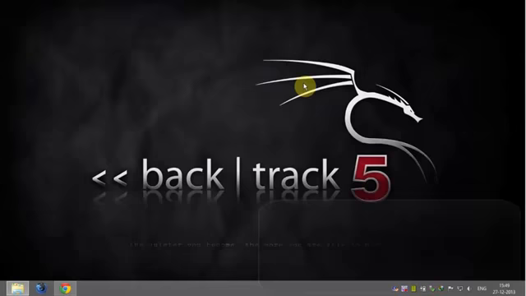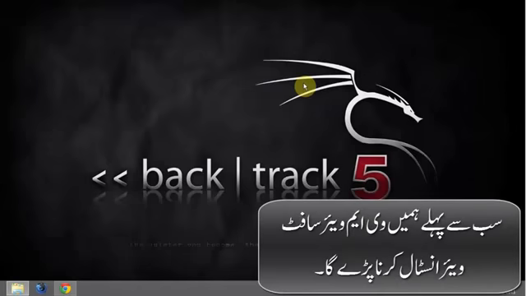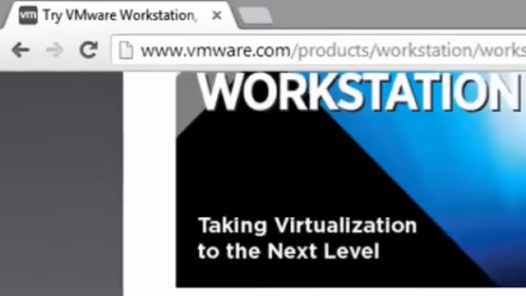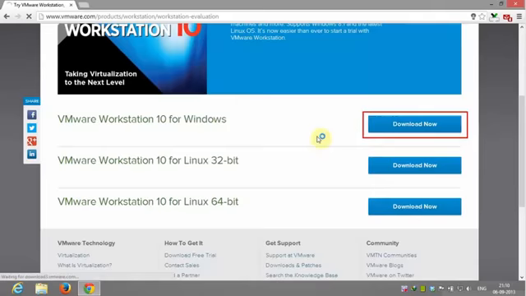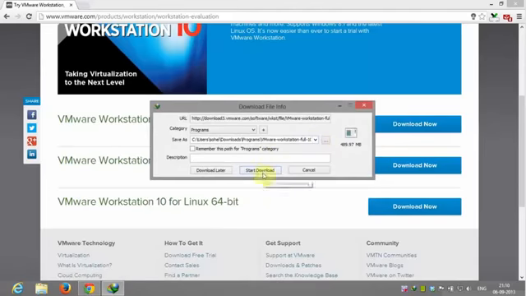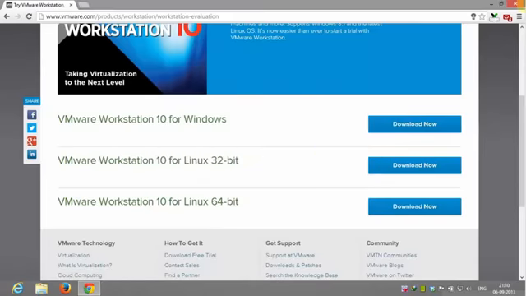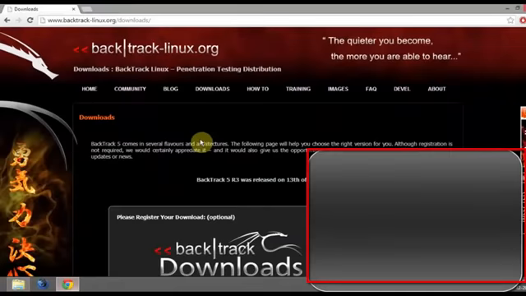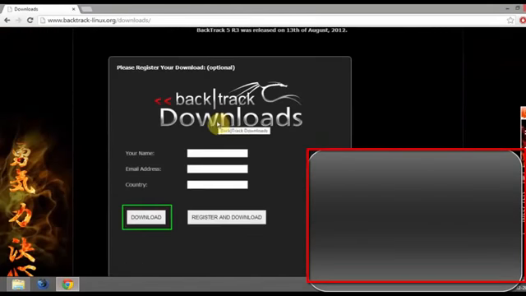for Windows. You need a couple of things to get started. First of all, you need a VMware workstation product. You can get it by visiting vmware.com, click on download now to get a free 30 days trial version. The other thing you need is the latest release of Backtrack 5R3 ISO file. To download that, follow the link given in the video description, scroll down and click on download and the download menu